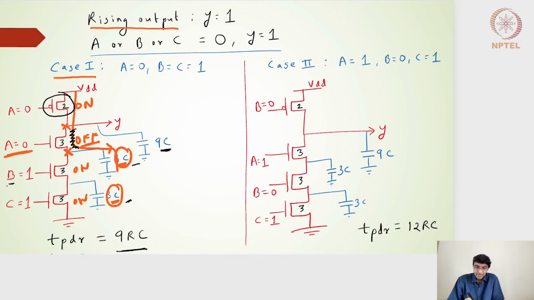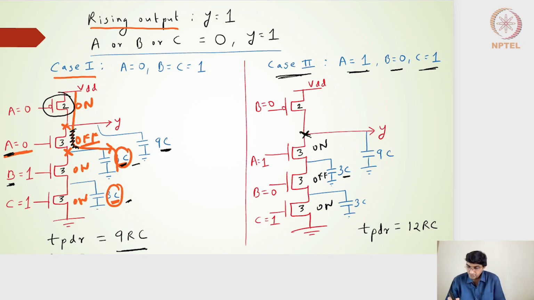What if I have B equal to 0 and A equal to 1? That means there is a channel existing for A, but B is off, so this 3C will be able to see a channel for charging. So this 3C also has to be charged now. In the second case, I have A equal to 1, B equal to 0, and C equal to 1. So A is on, C is on, but B is off. Now I have this 3C getting a path to charge, but my output node of interest is only this,